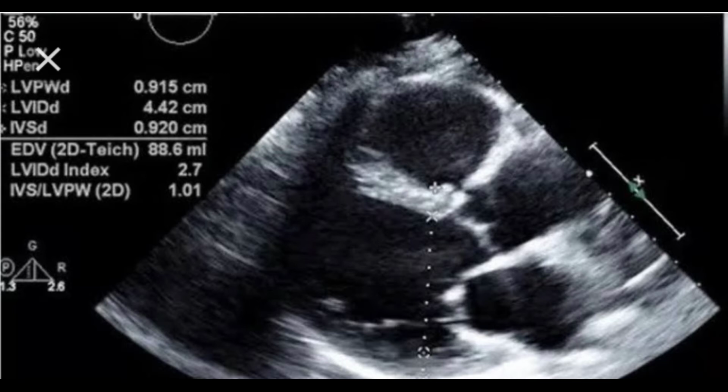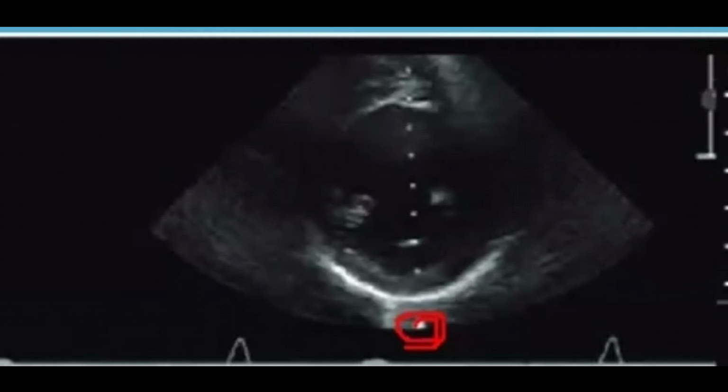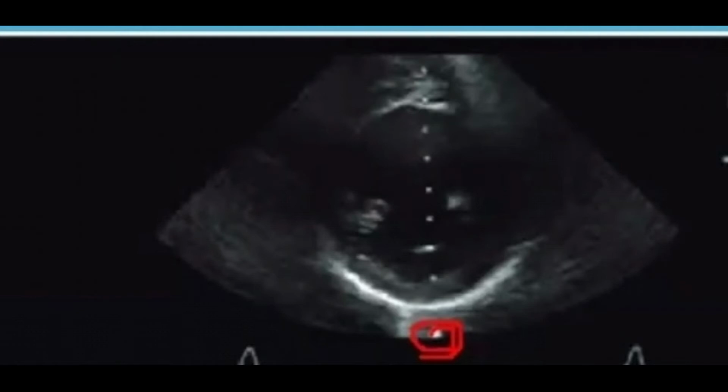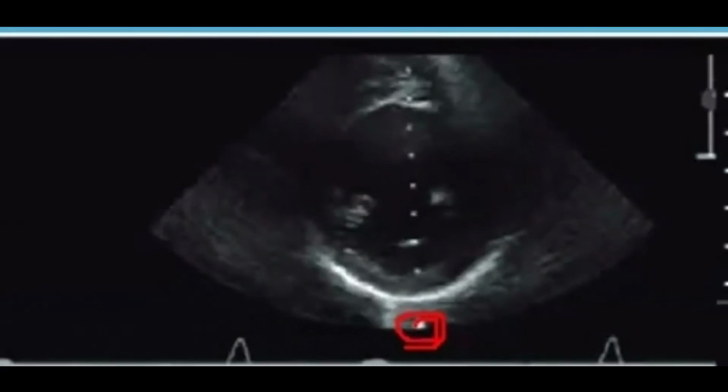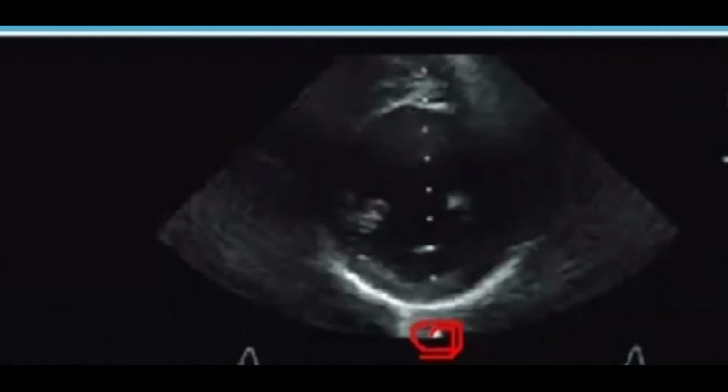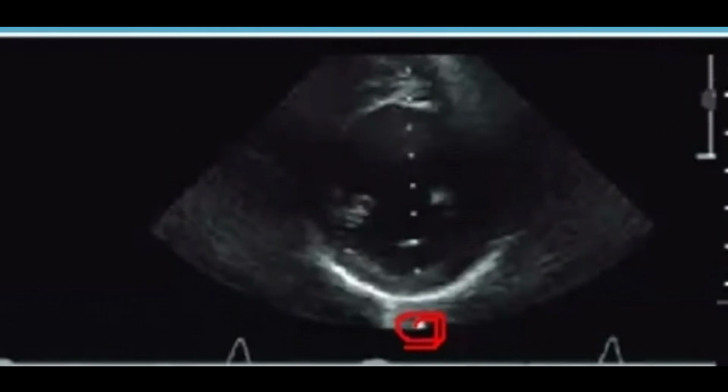2D echo. Ultrasound reflected from a tissue interface distorts the piezoelectric crystal and generates an electric signal. This signal produces a dot on the display screen, as we can see on the screen, and the location of that dot indicates the distance of the structure from the transducer, and the brightness of the dot indicates the strength of the returning signal. So the superimposition of simultaneously reflected dots builds up a real-time image on the display screen.